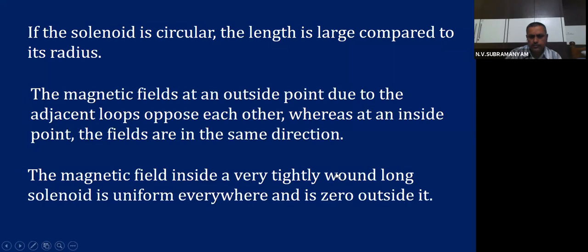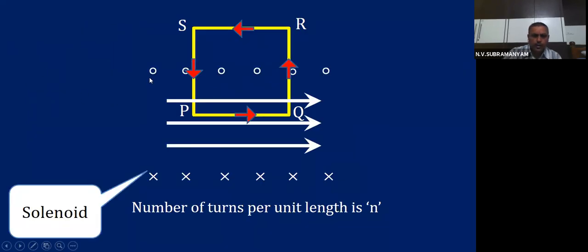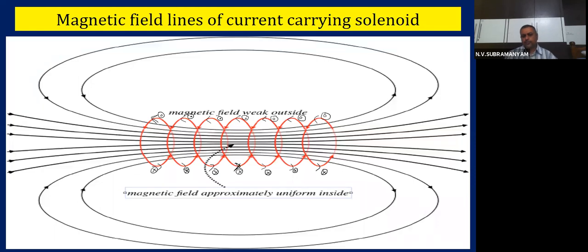So I will show you one diagram for that. You see here, 1 minute. See this diagram. This is all dots, here all intos. What does that mean? At the top, there will be current coming outside. At the bottom, current will be going inside. So this is actually a solenoid only. Okay, this is actually solenoid only. So I want to now calculate the magnetic field due to the solenoid.